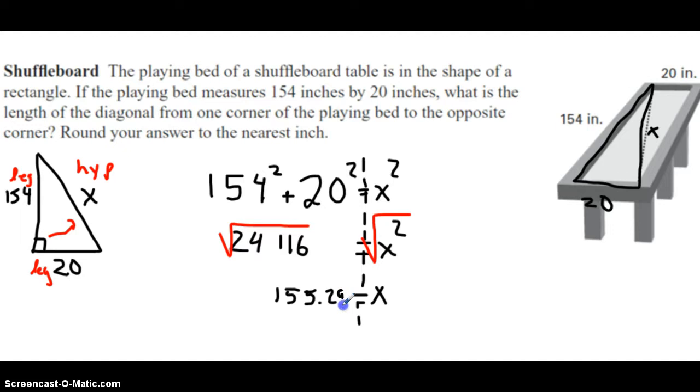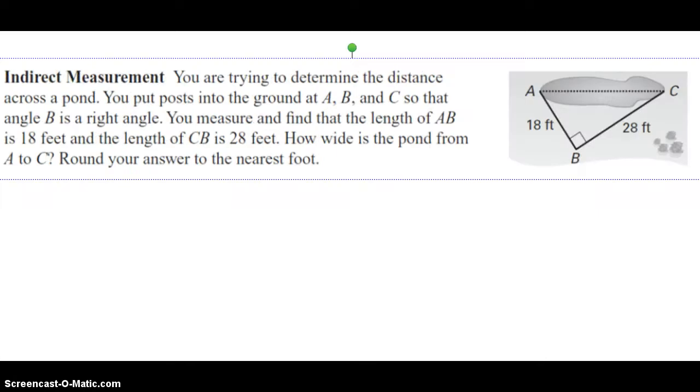This problem asks us to round to the nearest inch. Okay, nearest inch. So I would say that this 9 pushes it up to a 3, but the 3 does not change this 5, so we will leave it at 155 inches. Example 1. Right,